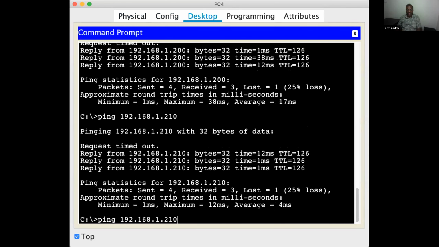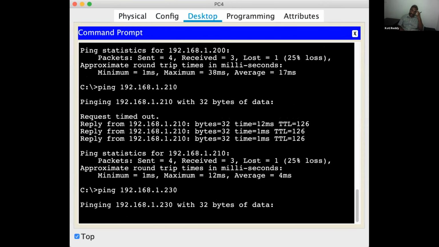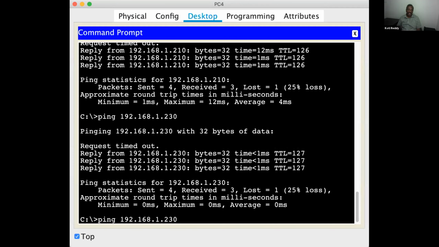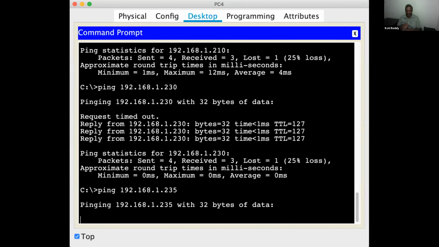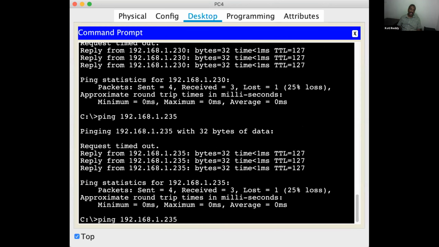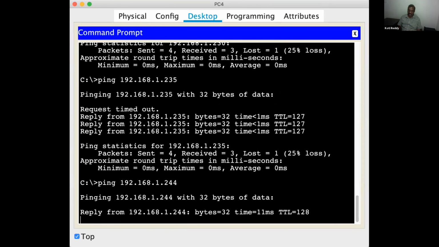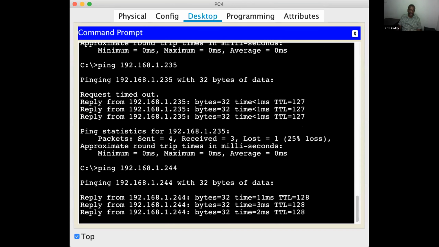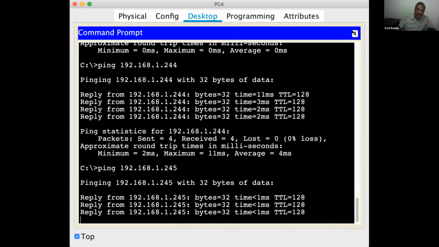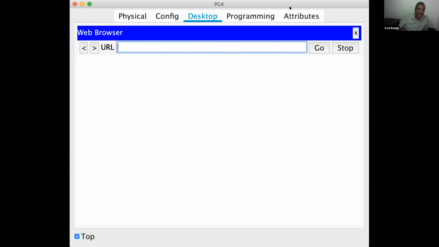Can I ping BO1A client 1.230? Can I ping BO1A server 235? Can I ping myself BO1B client 244? I could ping anyway. Can I also ping my server 245? Also I could. Now using the browser here, I would like to access the servers, all the servers in the